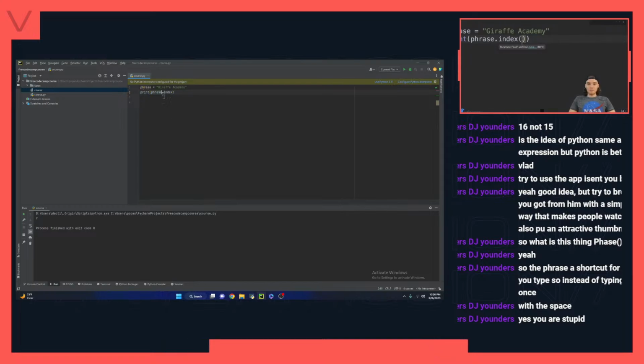And we would call this passing a parameter. So I would call a value that I give to a function a parameter, and you'll hear that word a lot. For example, I could say inside of here, capital G, and now this is going to return the index of the capital G inside of our string. So it should give us back a 0 because